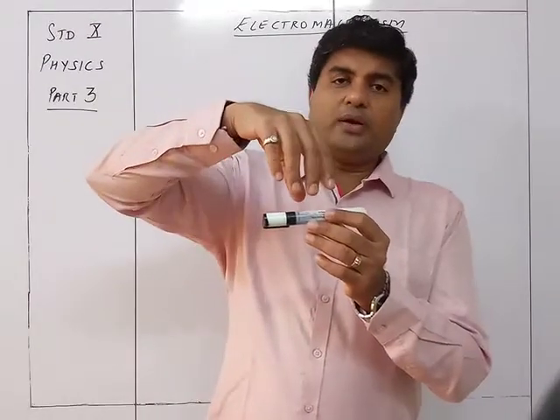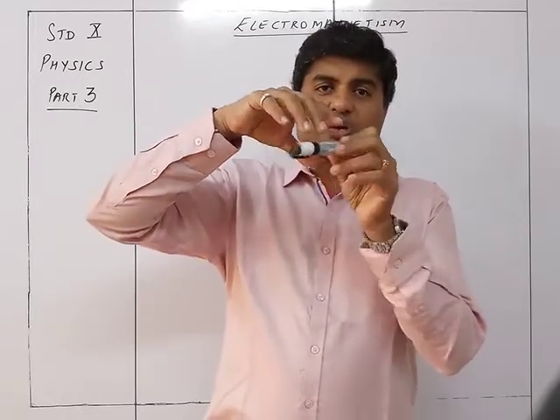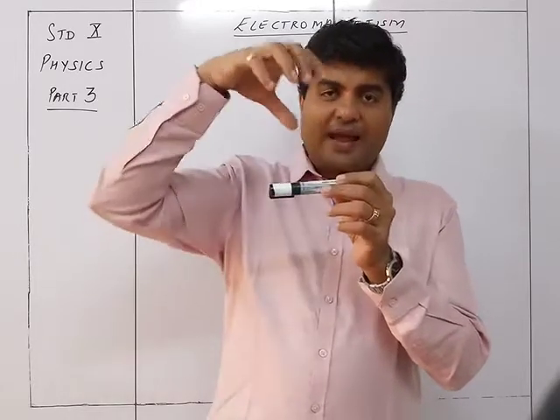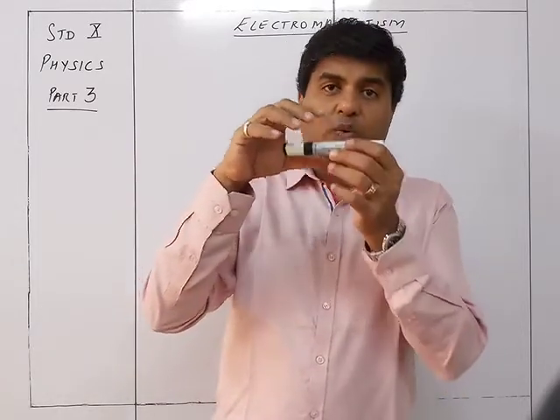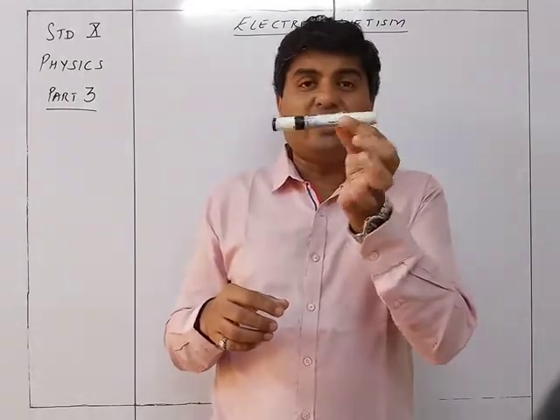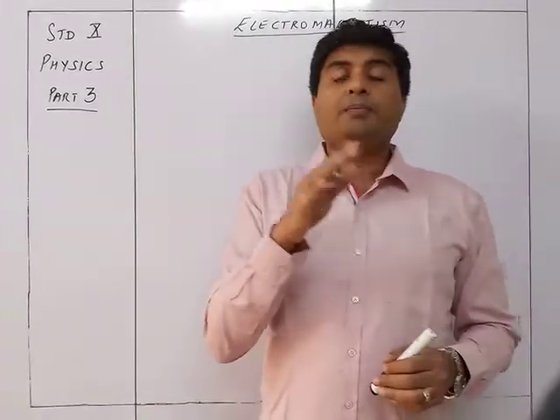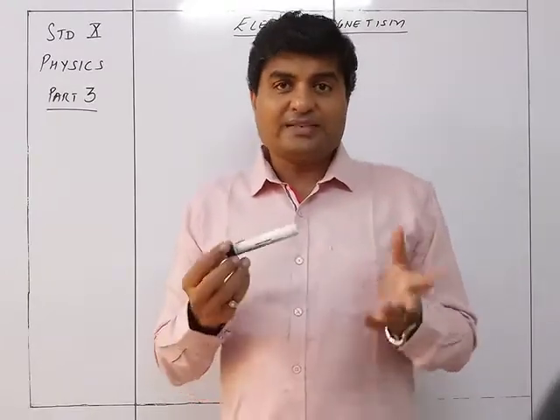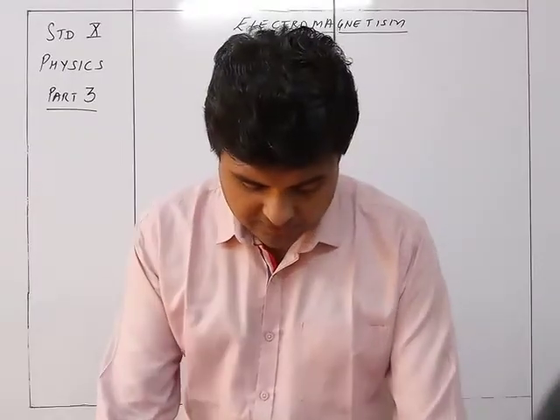So when I place it over here, this particular current carrying conductor will place itself in such a way that the magnetic field of this particular thing and that of the magnet will not intersect each other. So there will be a deflection of the conductor in such a way that it is going to align the direction of the magnetic field of this particular line. So let's understand how it is going to happen, and we can have an experiment done for this thing.